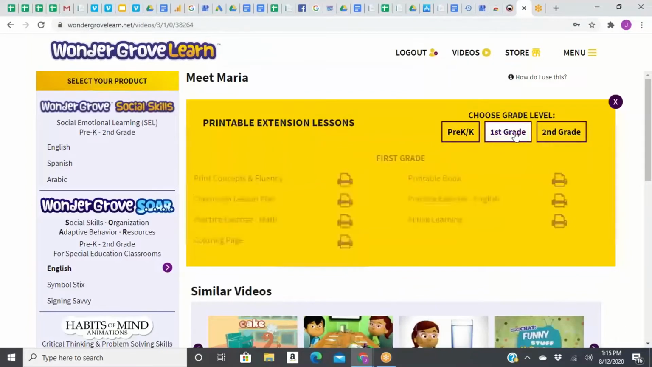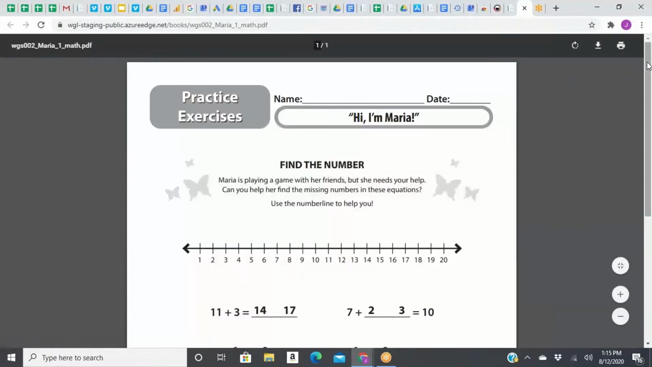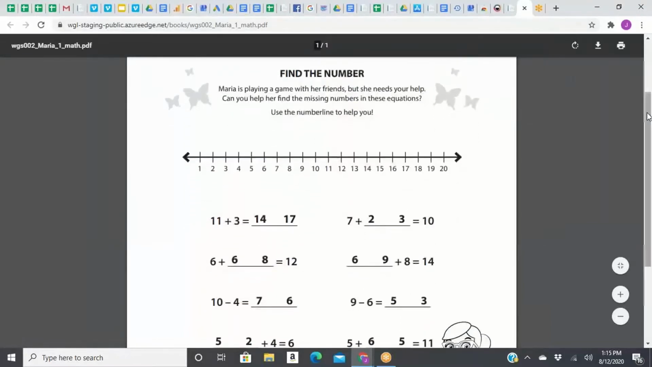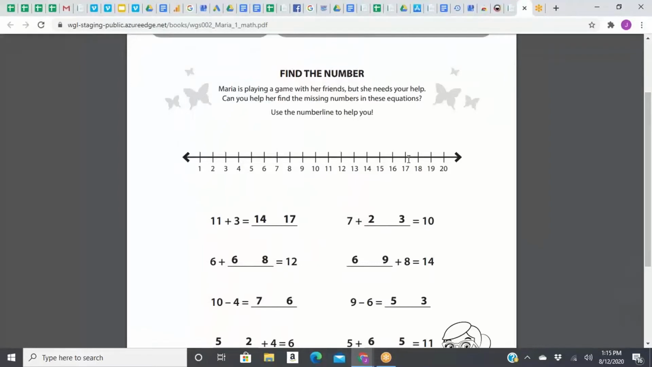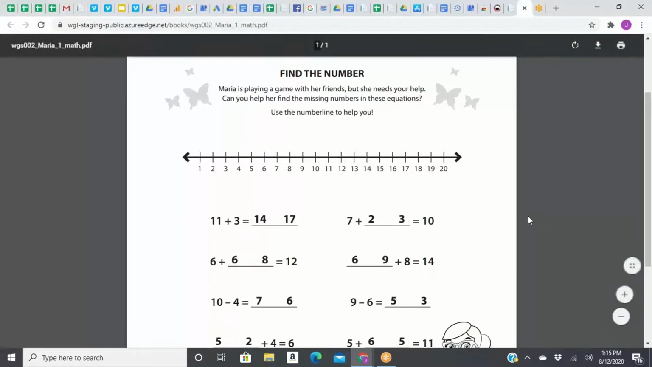And let's look at the first grade one, just so you can see a difference. You can see that there's a number line already here. This is something we do on a lot of the math exercises so that you don't have to get your number lines out. They're already on here for you, and then the students can just circle their answers instead of writing them in. If your students don't need this,